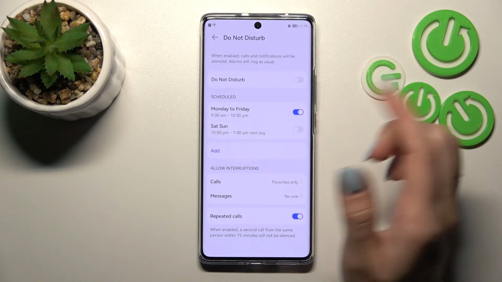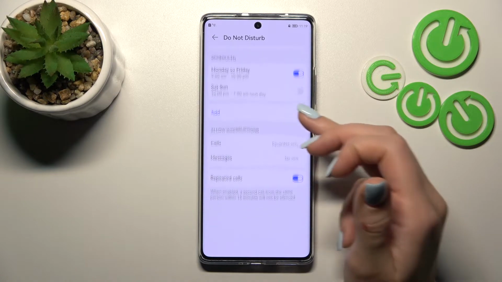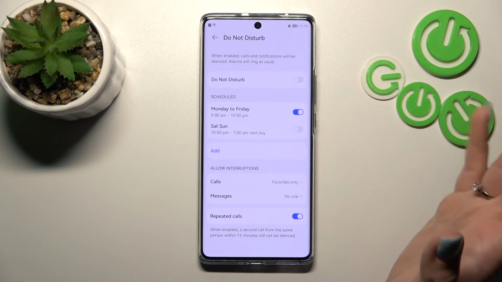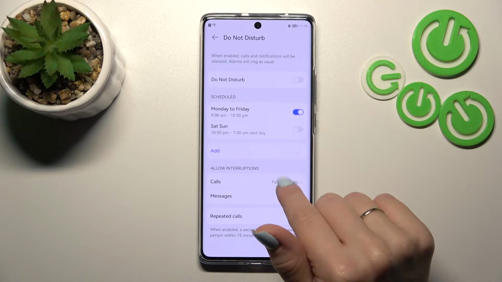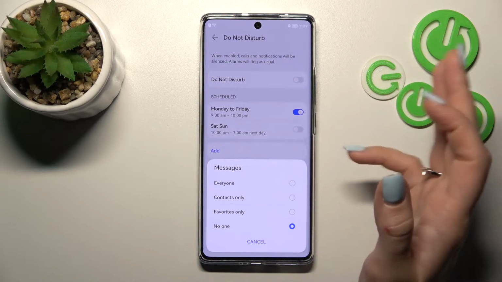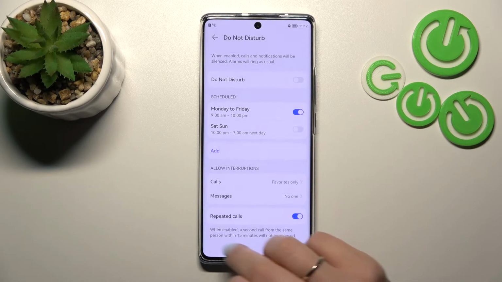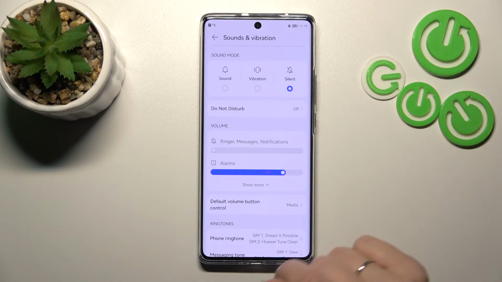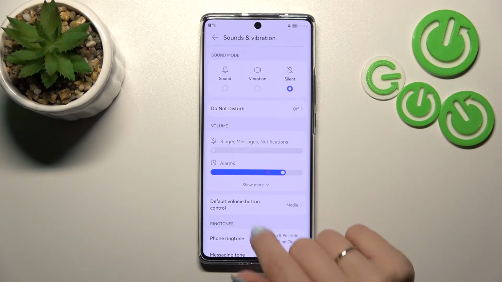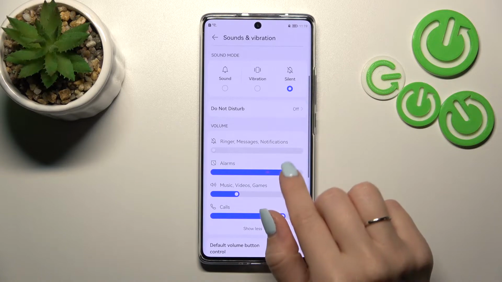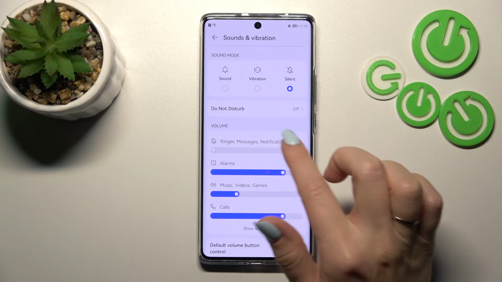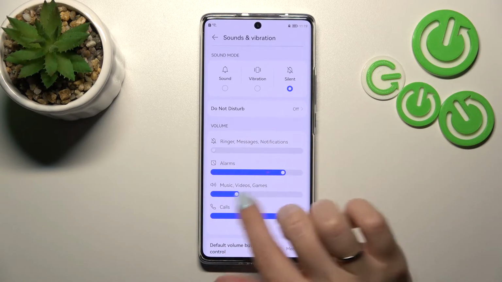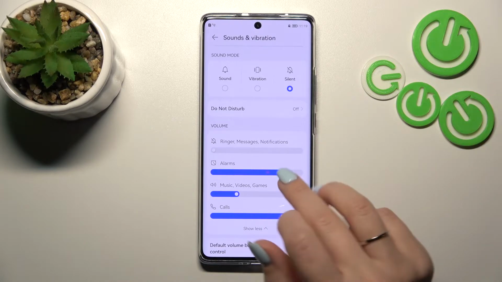You can set the start and end time and the days, and we can also allow calls, notifications, and messages from no one, anyone, favorite contacts, or only contacts, and show repeated calls in don't disturb mode. Here in the bottom panels we can change ringtone, messages, notifications, alarm, music, video, games and calls volumes